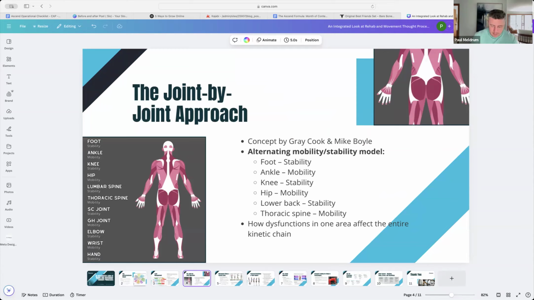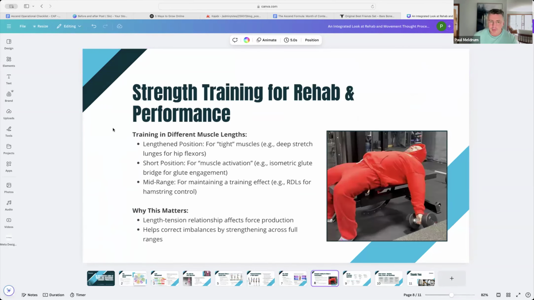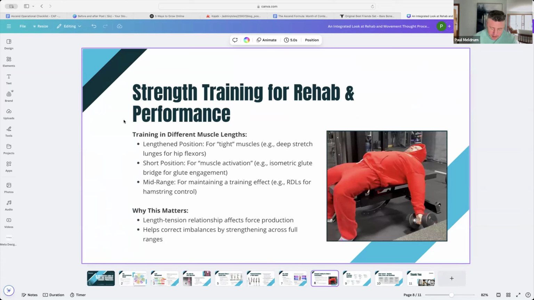Very, very wordy, but in concept, that's actually quite simple. Okay, what's wrong and what do we need to fix it? From there, how can we adjust our strength training to tick these boxes as much as we can with the least interruption to the clients logistically, so they can train with the shortest period of time to get the best results?